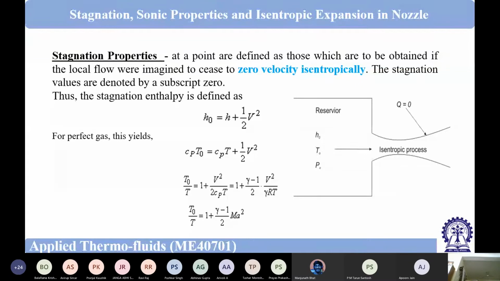Anybody can tell me? What is the expression of sonic velocity? Any expression you remember? Some relation with bulk modulus. Sonic velocity is equal, sir, to... it's Newton's formula, adiabatic. Tick. But Newton made a mistake. Laplace correction. Very good. Yes. Root gamma into P by rho. All these things are our high school things. So C or A, which is the local sonic velocity, is equal to root over dP by d rho.